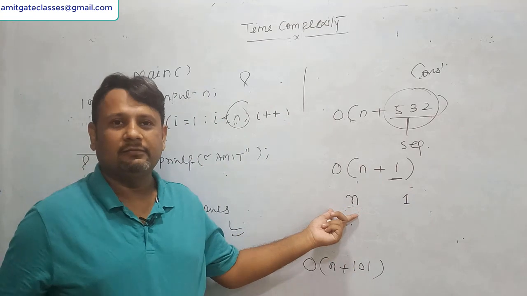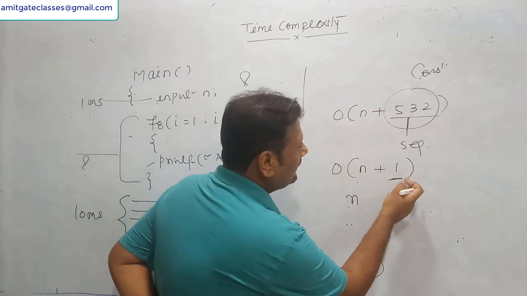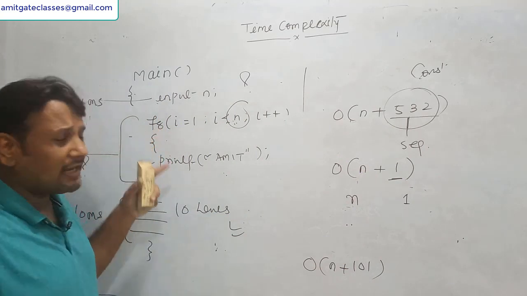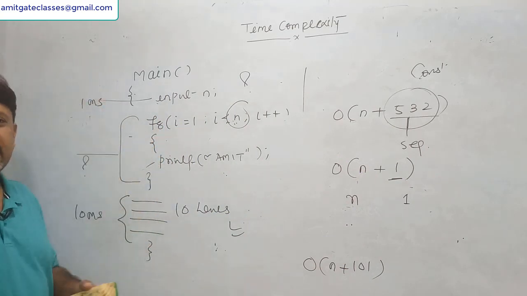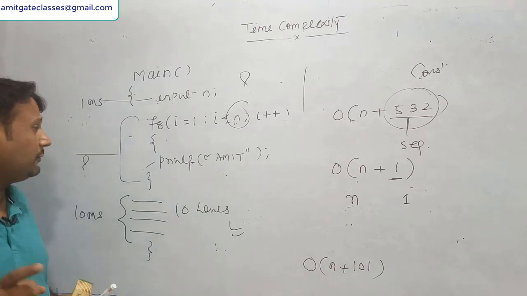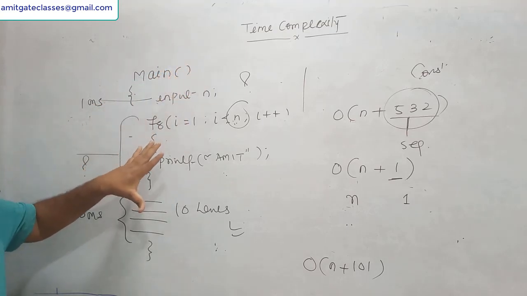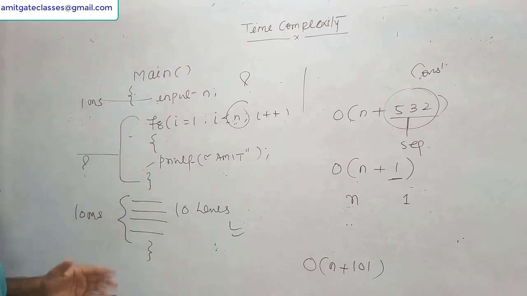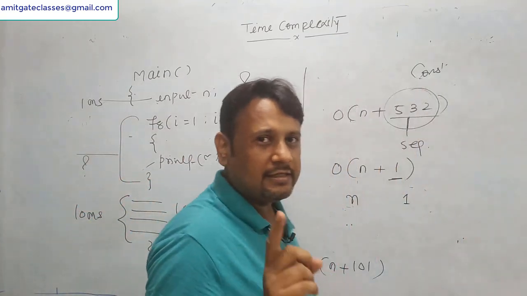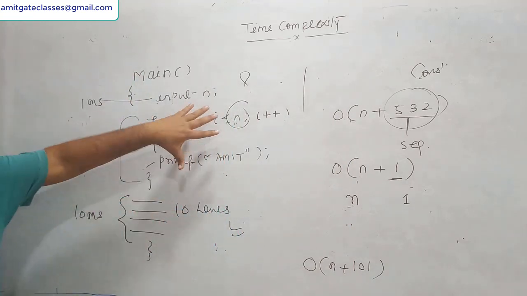Now compare these two, n and 1. This n can be anything. This n can be 10,000, 20,000, million, trillion. So if you compare n with 1 or n with any constant value, this n can be very large. Since we are calculating complexity, how much time my program is going to take in the worst case. Remember, I forgot to tell you that whenever you are calculating time complexity, we are not supposed to calculate it in the best situation. This is the next topic that we are going to study, what is worst case. So whenever you are writing any algorithm, always think in which dimension. What will be the worst situation?